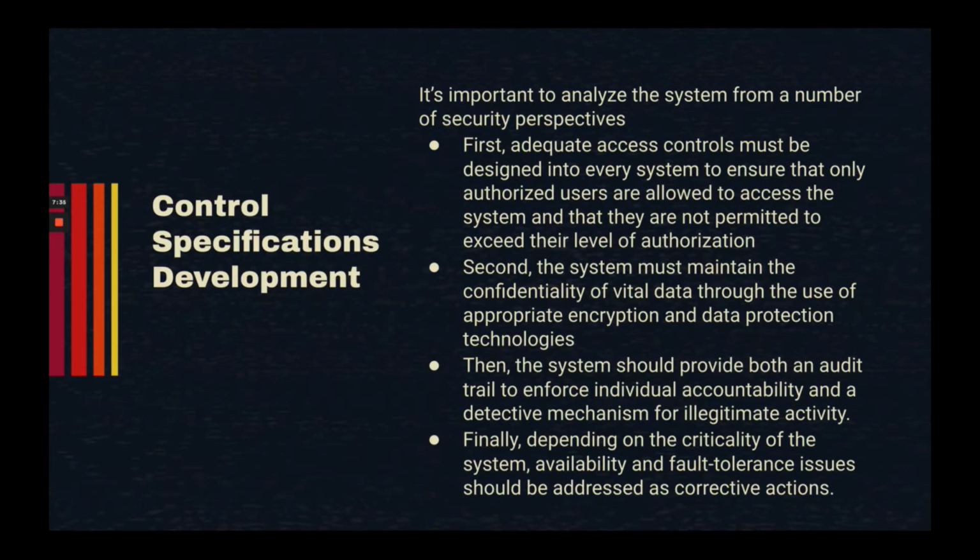Secondly, the system must maintain the confidentiality of vital data through the use of appropriate encryption and data protection technologies. Then, the system should provide both an audit trail to enforce individual accountability and also a detective mechanism for illegitimate activity. And finally, depending on the criticality of the system, availability and fault tolerance issues should be addressed as corrective